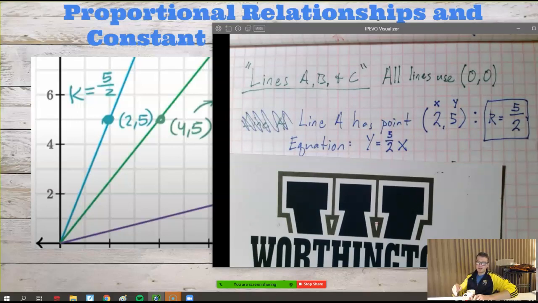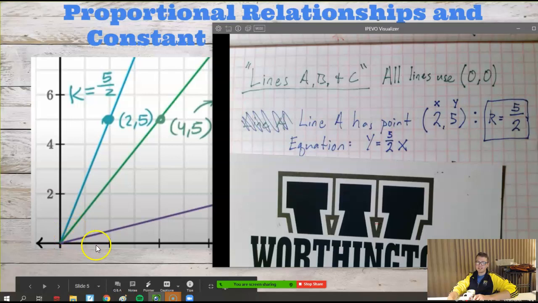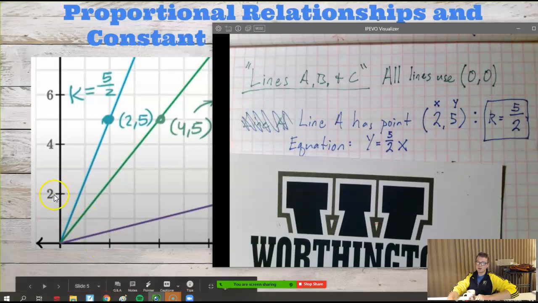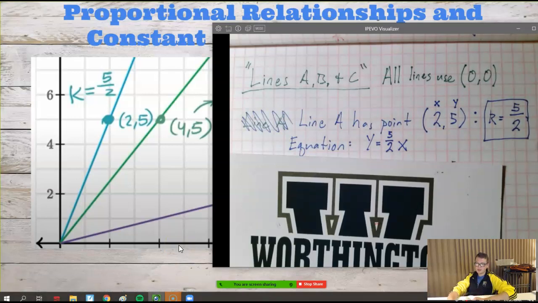All right, make sure you tried line B on your own. And guys, we're going to call this purple line line C. If you want to go ahead and try line C, I think we could use this point right here. But be careful that you check your scale. Every box is 1. Not every tick mark is 1. Every box is 1. So every tick mark is 2. So for the green line, anyone want to volunteer to walk us through it? Talk us through it?